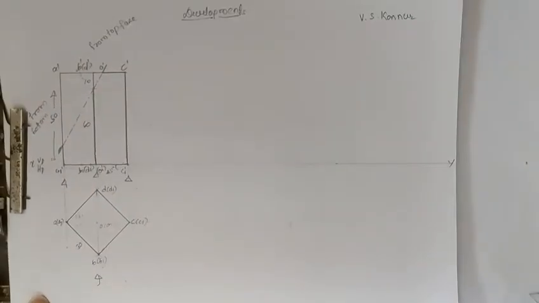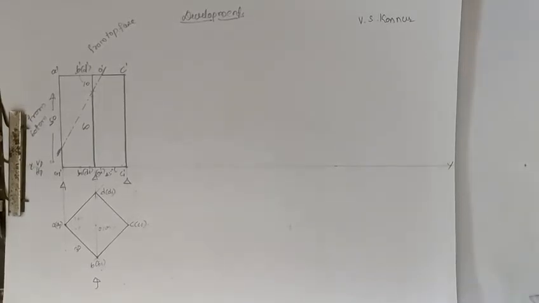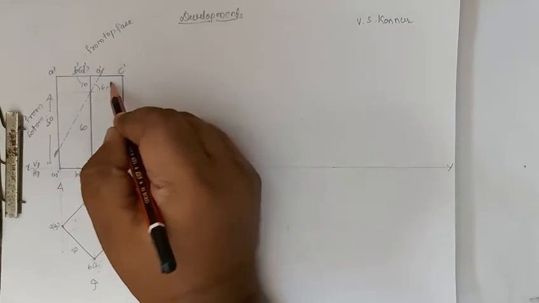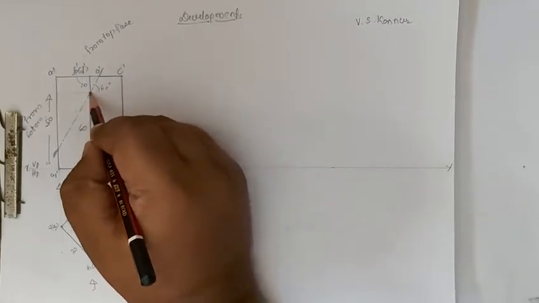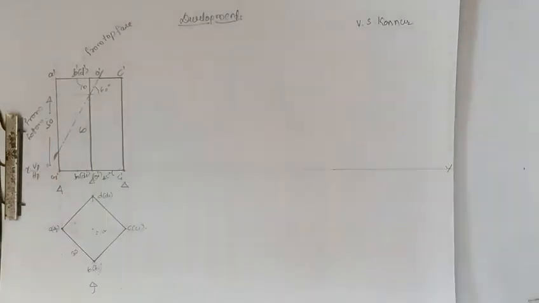Right, now we have to number. How to number, I will explain. How to number on this. This inclination I have taken 60 degrees to HP on the axis at a distance of 10 mm from the top face, or 50 mm from the bottom face.